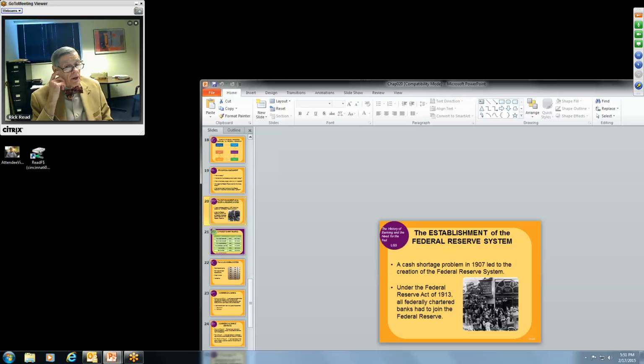Now, there's a little thing I want to step back on, and I'll get to it in a second. All federally chartered banks had to join the Federal Reserve, or the Federal Reserve System is probably a better way to say that. Some banks are state chartered. They may still be state chartered. And if they're state chartered, they don't have to belong to the Federal Reserve. But they have to pay attention to what the states say, et cetera. State regulators still come in and check federal banks as well as the Federal Reserve does, but are banks that belong to the Federal Reserve System.